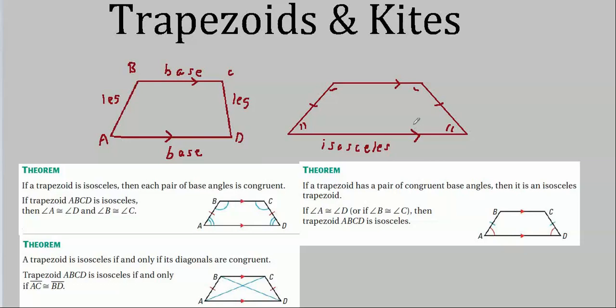That's not really a proof. It's just an indication that it makes sense that these two paths from here to here and from here to here would be congruent. It's very sensible. Of course, the fact that it makes sense doesn't mean that it's true, and it's certainly not a proof. To see why the diagonals would be congruent here,